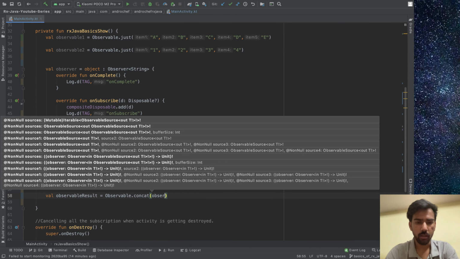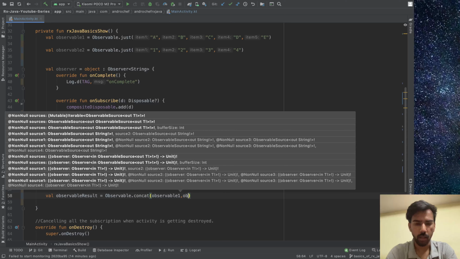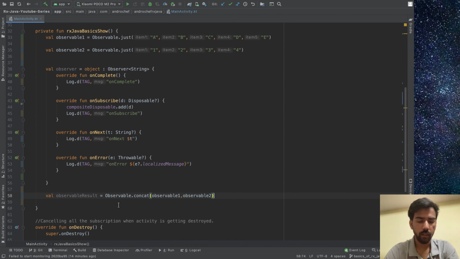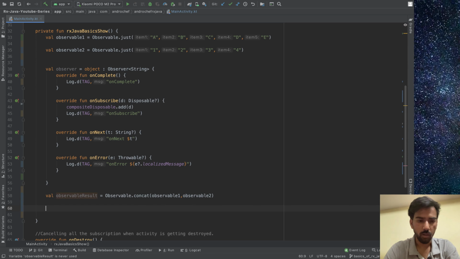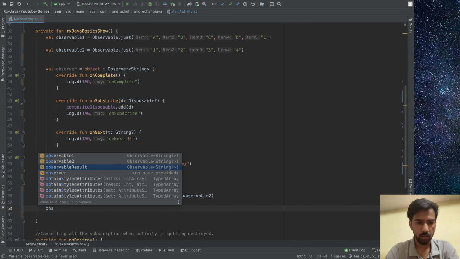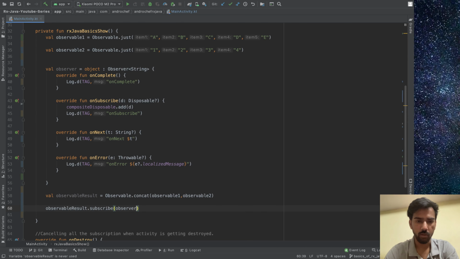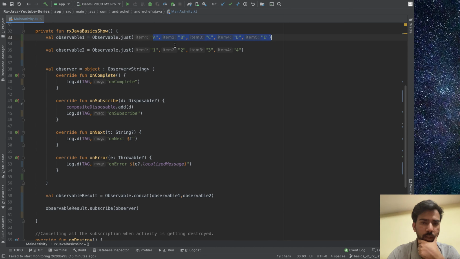We will pass observable 1 and then observable 2. So now we have used the concat operator to create one more observable out of these two. Now I will subscribe to this and pass the observer. The output should be like, first it will emit observable 1's items and then observable 2's items.